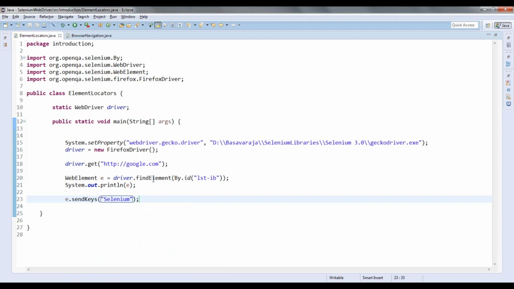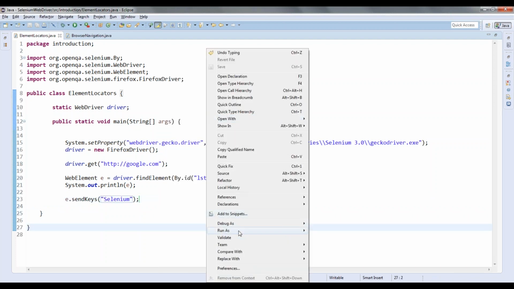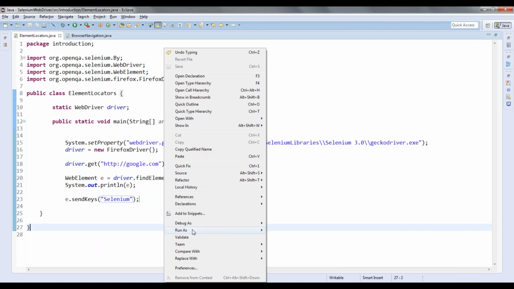Since it is returning the web element, I am storing that, and using that reference variable, or that object, I am calling different methods of that particular class, and then I am passing whatever arguments are required. Since I am working on an input field, I am passing the string here. Let me run this.